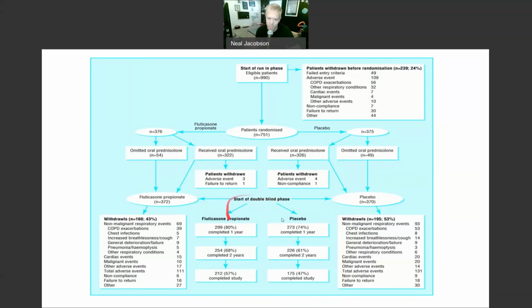And then they did this double blind phase. So what the double blind means is that even the researchers administering the medication itself didn't know whether they were administering the medicine or administering the placebo. It was one group, one level in the hierarchy of researchers above them that knew who was getting what. And so that's why they call it a double blind, is the patients don't know what they're getting and the people administering the medicine to the patients don't know.